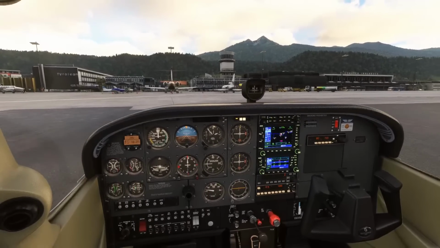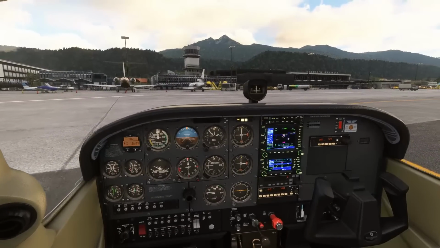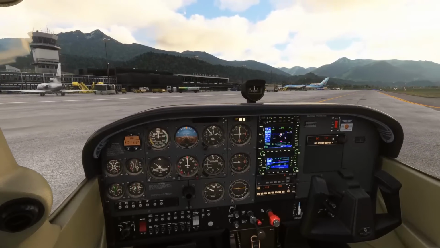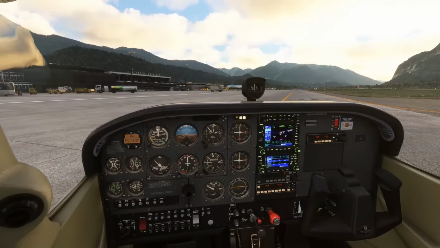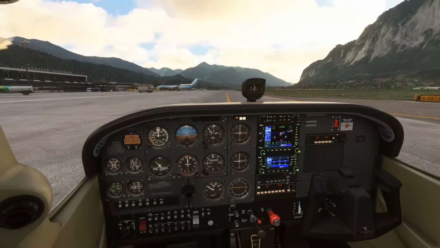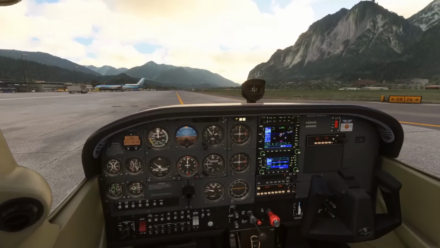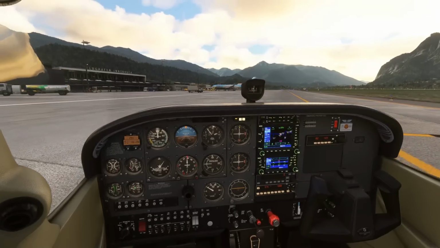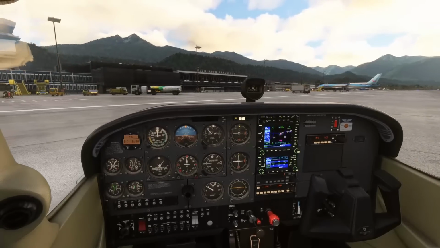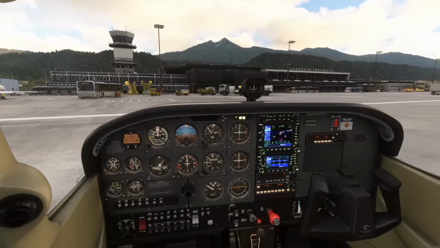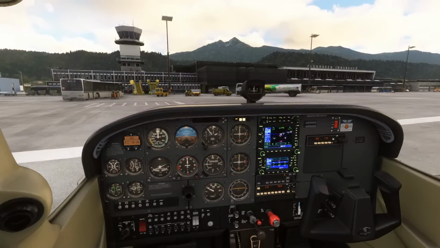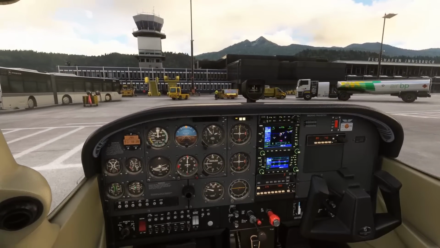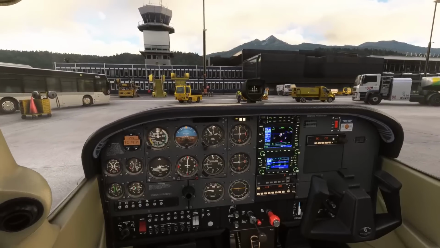Seems a lot better than I remember. And yeah, it has come a long way, by the way. The flight model in Microsoft Flight Simulator has definitely come a long way. I noticed, though, when we were parking, it takes a little bit of power to get the aircraft moving. I'm not sure if it's very realistic, but it took a while to get the aircraft moving, and I had the throttle almost at 50% for the aircraft to actually begin moving from its location,